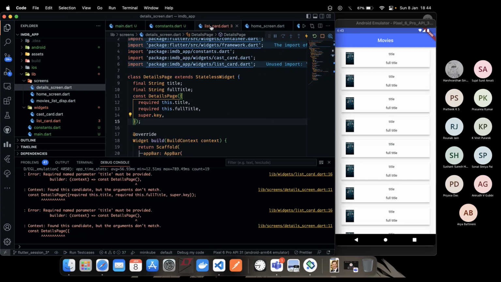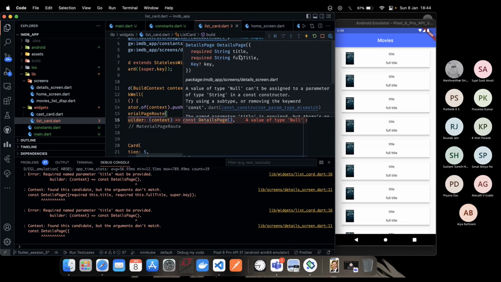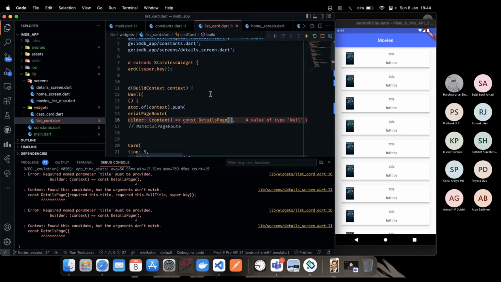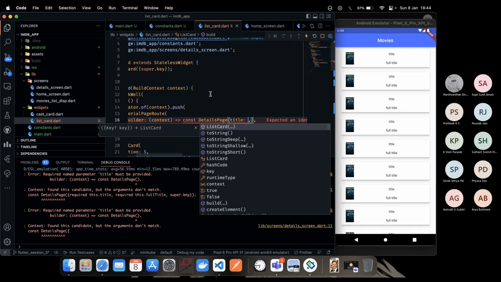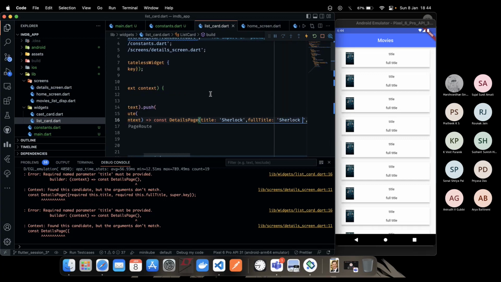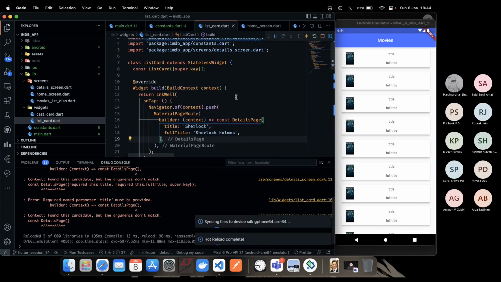As you can see, there is an error here because the title and full title parameters are required, but we did not pass anything, so automatically it passes null. You can read here, a value of type null cannot be assigned to a parameter of type String. Since these are named parameters, let's specify the name. For now, let's pass in Sherlock, and for the full title, let's pass in Sherlock Holmes. So if I save this,